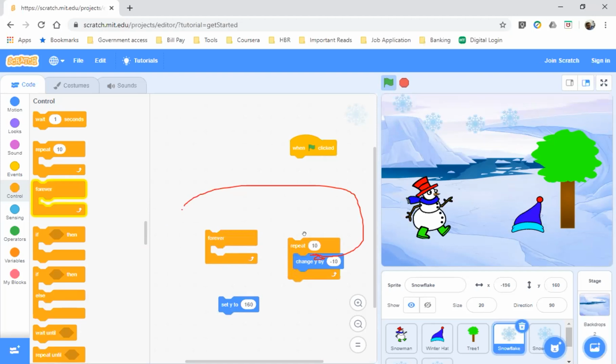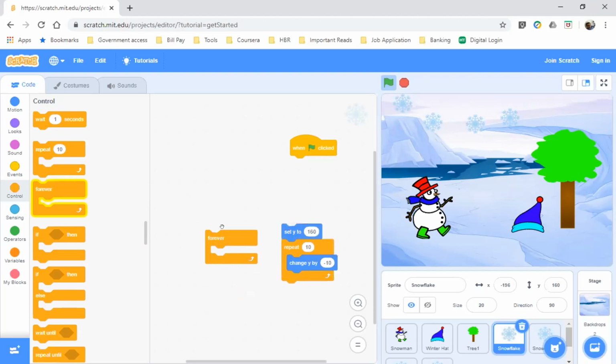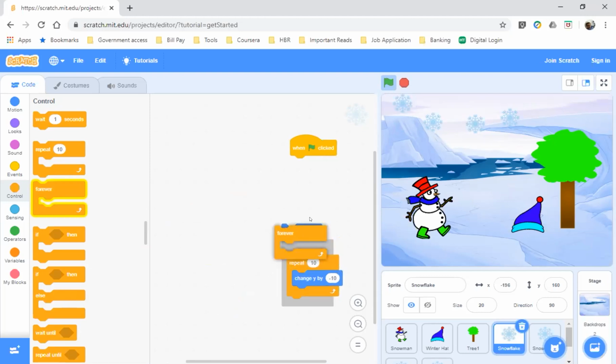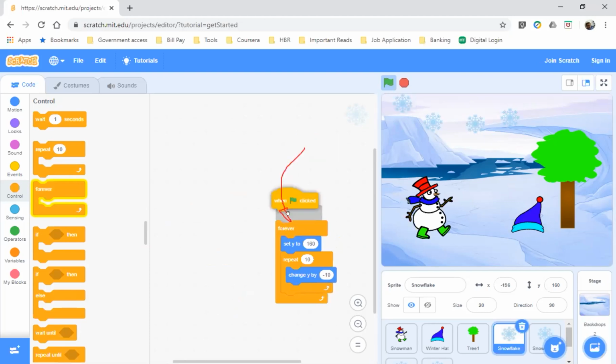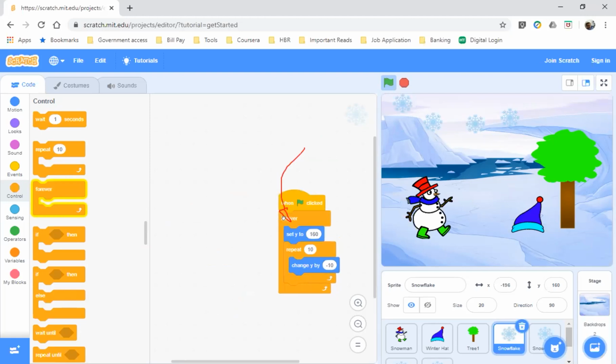Set y should go over here. Now this entire thing should go inside the forever loop. Okay, very good. Now attach green flag over here. Now click it and see.